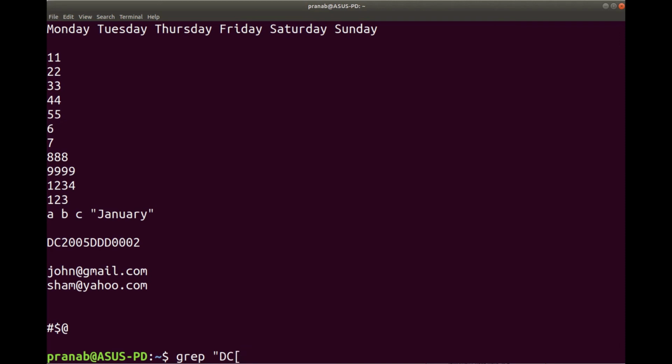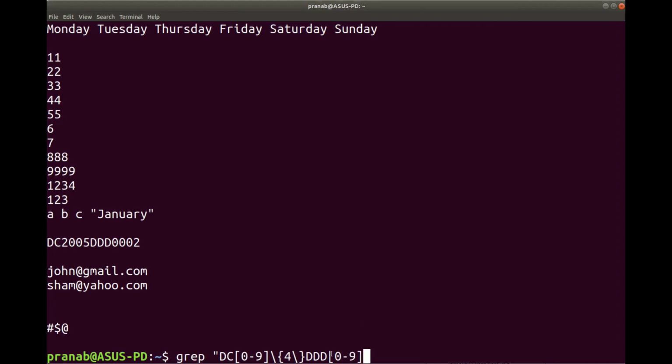So there are 4 digits, so what I will do is 0 to 9, and in the same way 4 digits are there, so 4 in curly brackets. So 4 digits are there, followed by triple D, and again followed by numbers 0 to 9.